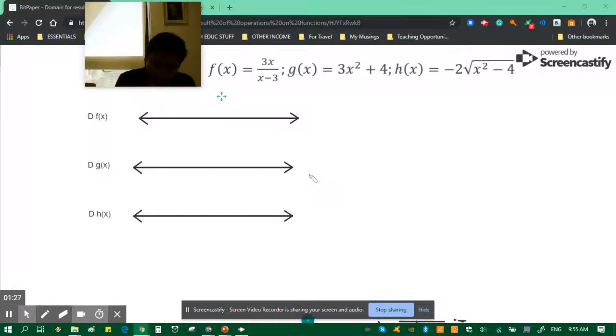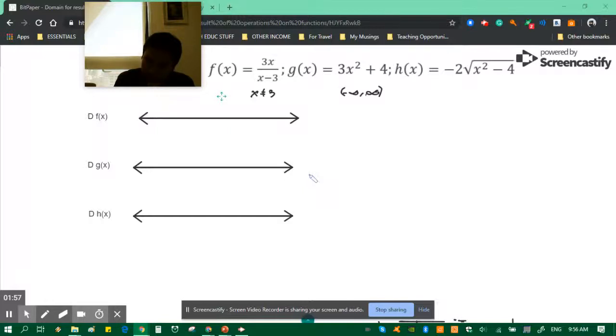So here, cannot have 3 in the domain. For g of x, all real numbers allowed. While for h,